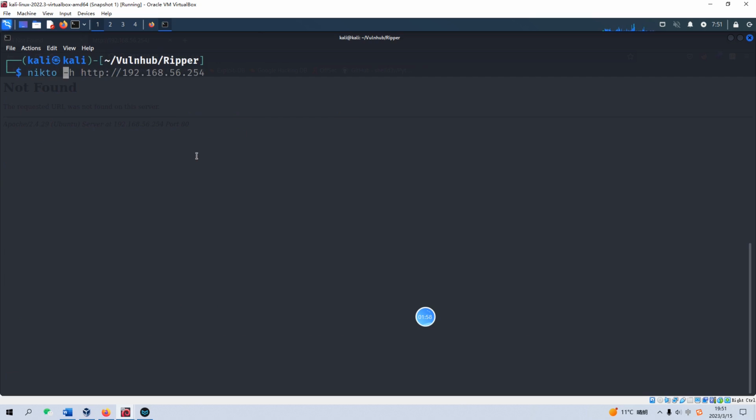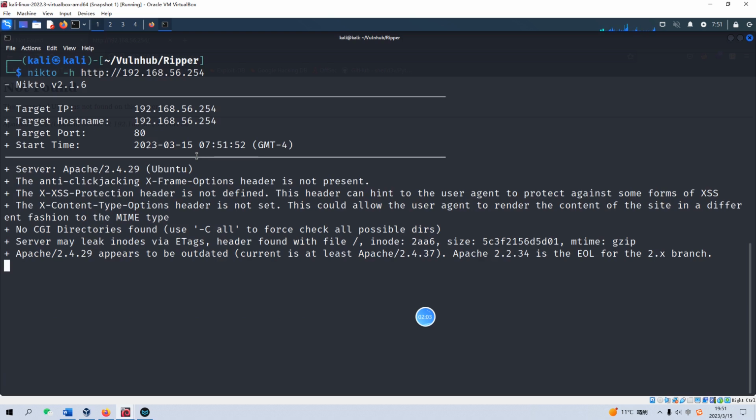I'd like to use the tool Nikto. Immediately, Nikto tells us the server, which is Apache, and also its version, and the allowed HTTP methods. Nothing very useful